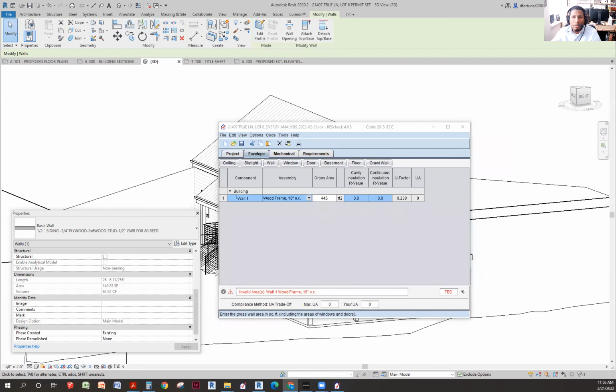The difference between the two, just so we are all on the same page, is that the cavity R value is what we typically do. It's the insulation within the walls. So in this case it will be R20 minimum. Now, sometimes, I'm Googling it right now,